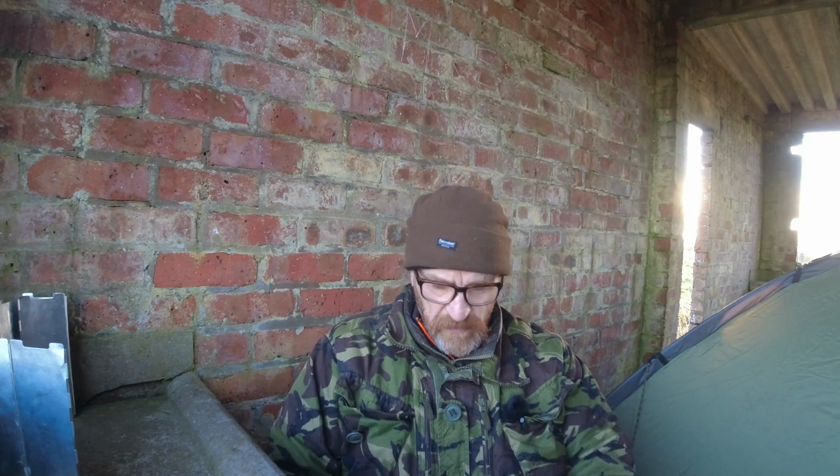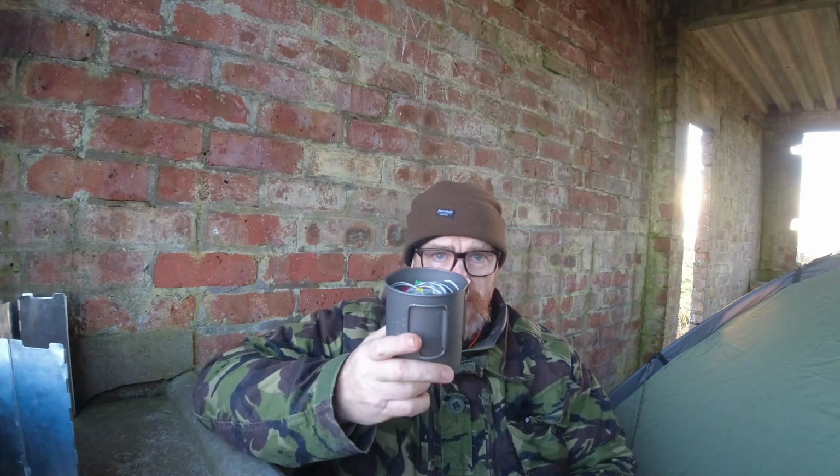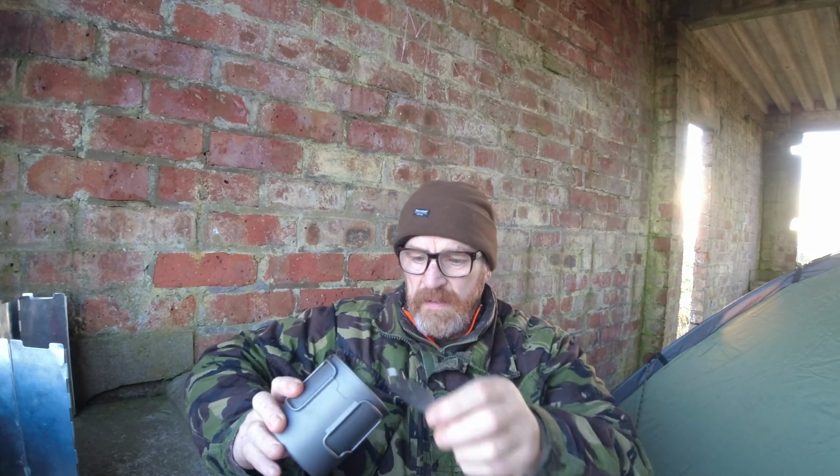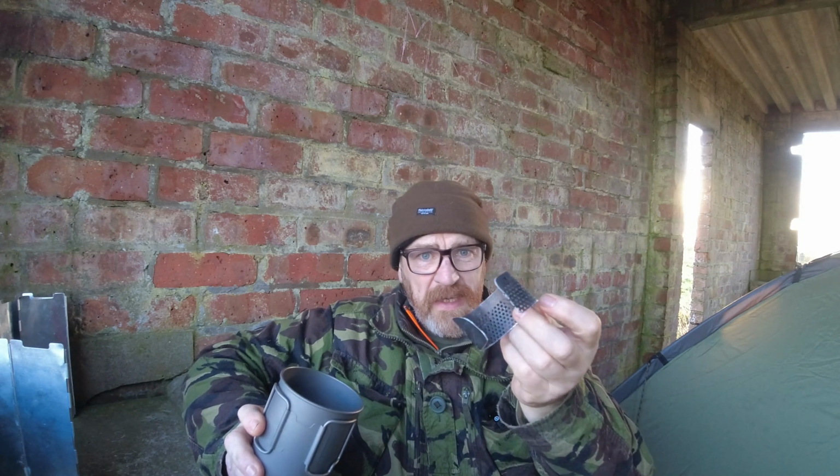So I'll just unwrap my pot. Obviously I'm boiling everything in my Toaks titanium 750ml because it's just a good form factor. I like it. And let's get rid of that. So I've got that, which is an old baking tin, an aluminium tin, as my